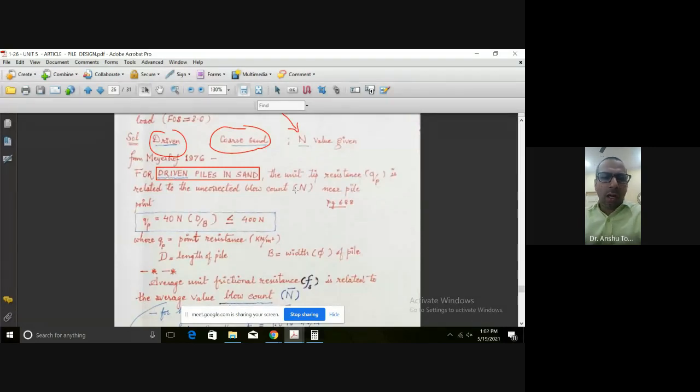If the N value had not been given, then the standard formula for driven piles in cohesionless soil is what we would have been using. But whether that particular equation has all the parameters that can be evaluated matters. If everything in the question is uncertain, and the phi is not given and another coefficient is not given, then you cannot find it. In that case you have to assume things.